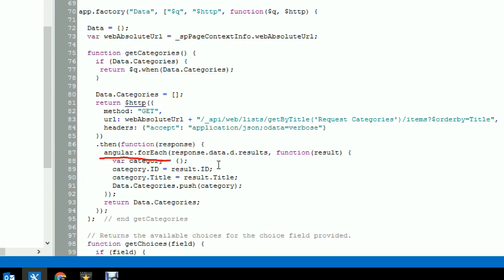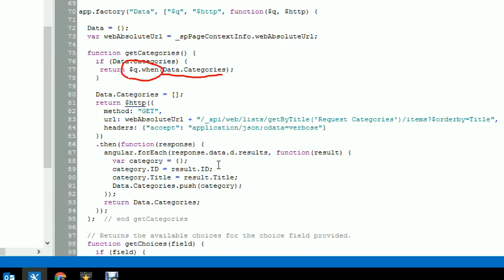Also, this angular.forEach is how a for each works in Angular. Results is our collection. Result is each item within that collection. So you notice we got result, result. Okay, that's a very quick and dirty explanation of this. Now we're going to go back up here. This is the second time through. We've already defined data.categories, so it does have a value. I don't need to go and call HTTP, call REST, and get the data again. I've already got it. So I'm going to return my existing value data.categories using another